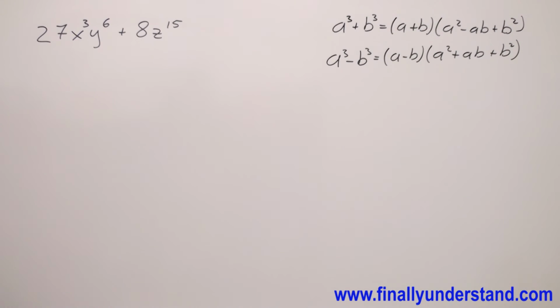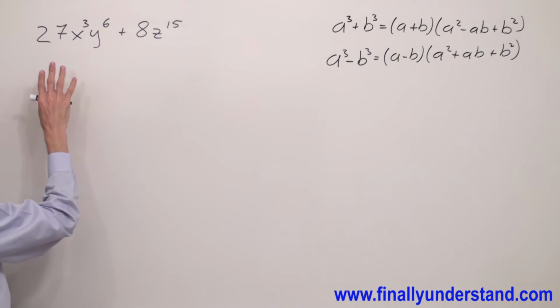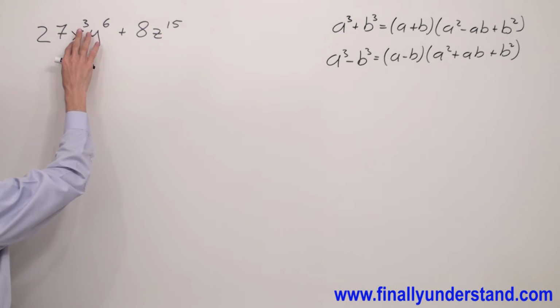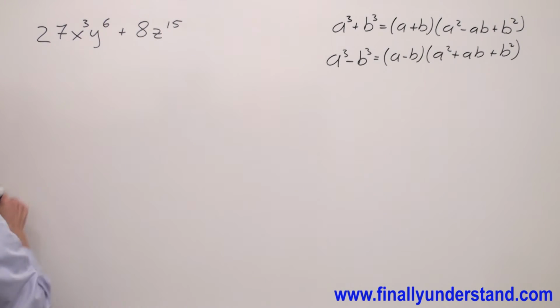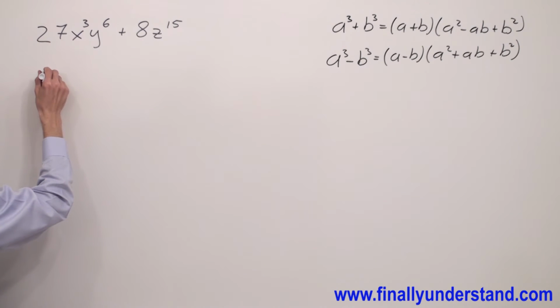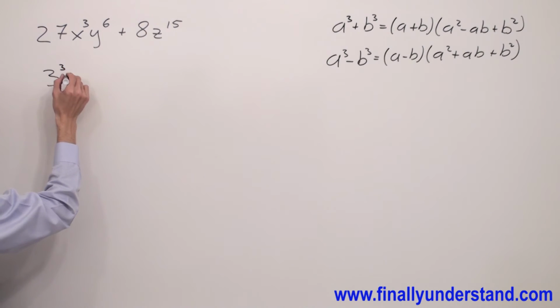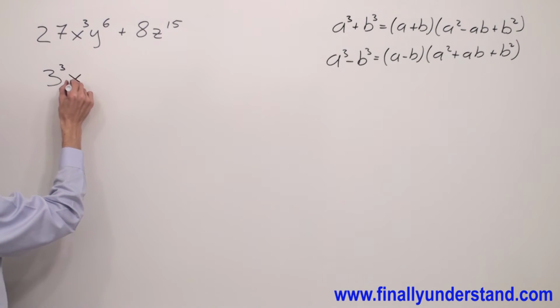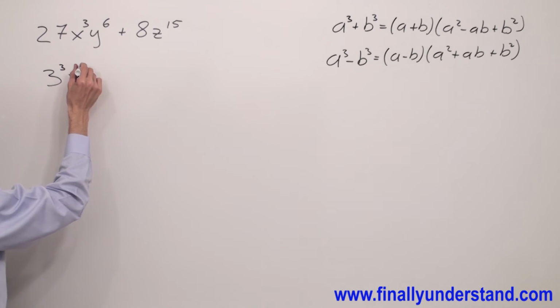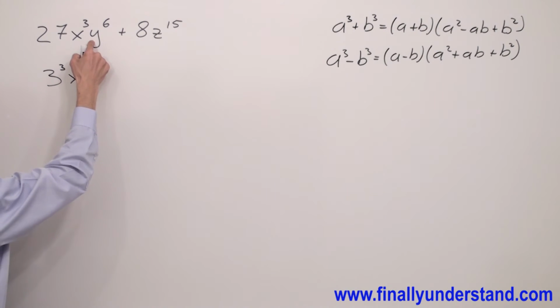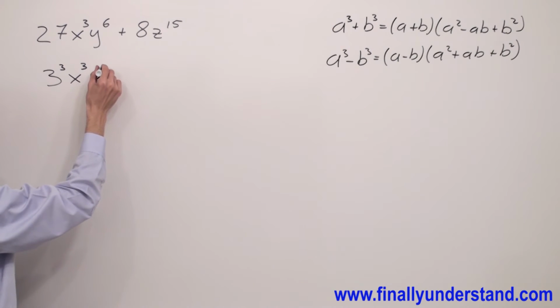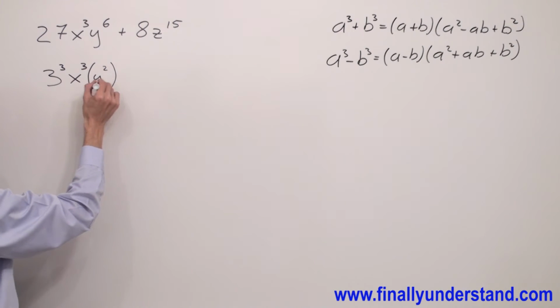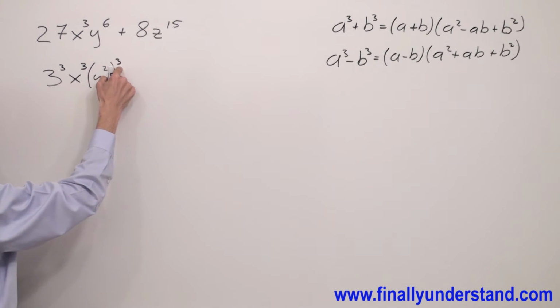Let's take a look at this example. Anytime you are going to approach a problem like this, you're supposed to look at the exponents first, okay? All of them are divisible by 3. Also, 27 I can rewrite as 3 to the third power. Let me copy down everything, whatever I have. X to the third, and I can rewrite this term as y to the second power, and everything is raised to the third, because 2 times 3 gives me 6,